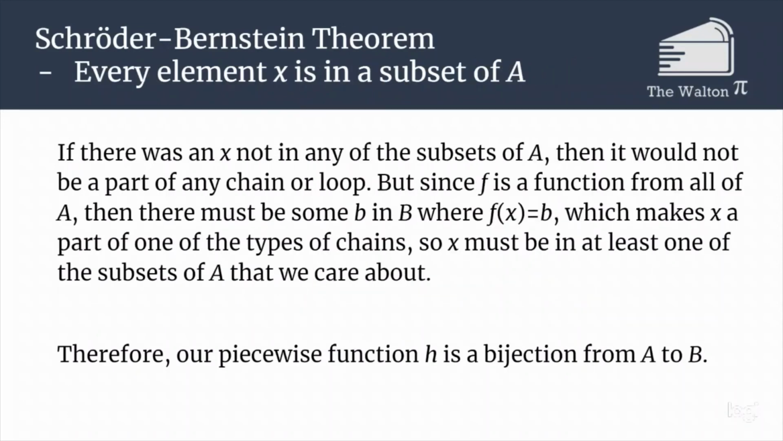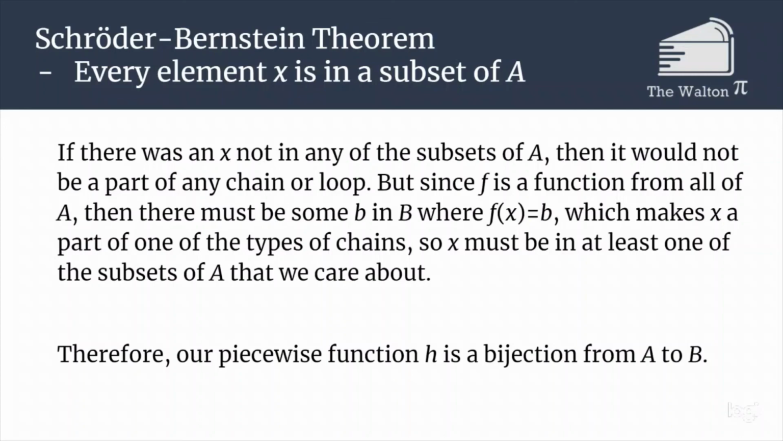We still have to show, though, that every element is in at least one of the subsets. So, since f is a function from all of A, that means that f of x must equal some b in our set B, which means that x is a part of one of the types of chains. Either it started in A, or there was something that went to A, in which case it's either infinite, a chain that starts in B, or a loop. And so in any of these cases, x has to fall into one of those subsets of A that we care about. Putting all of those pieces together, that tells us that our piecewise function h is a bijection from